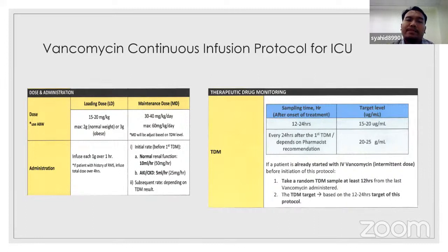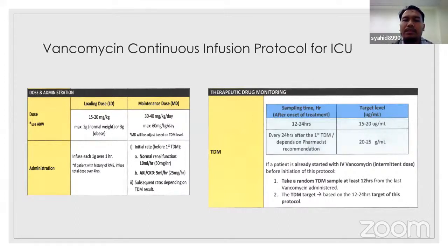Okay, for the loading dose, usually we start from 15 to 20 mg per kg, with a maximum dose of 2 gram for normal weight and 3 gram for obese. For the maintenance dose, after finishing the loading dose, we will straight away start the maintenance dose at 30 to 40 mg per kg per day. The maintenance dose will be adjusted based on TDM level. For administration, infuse each 1 gram over 1 hour,